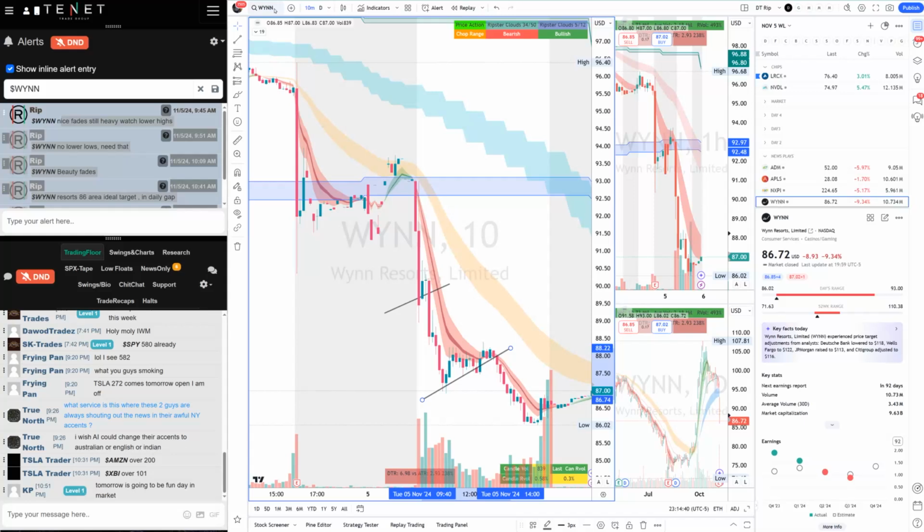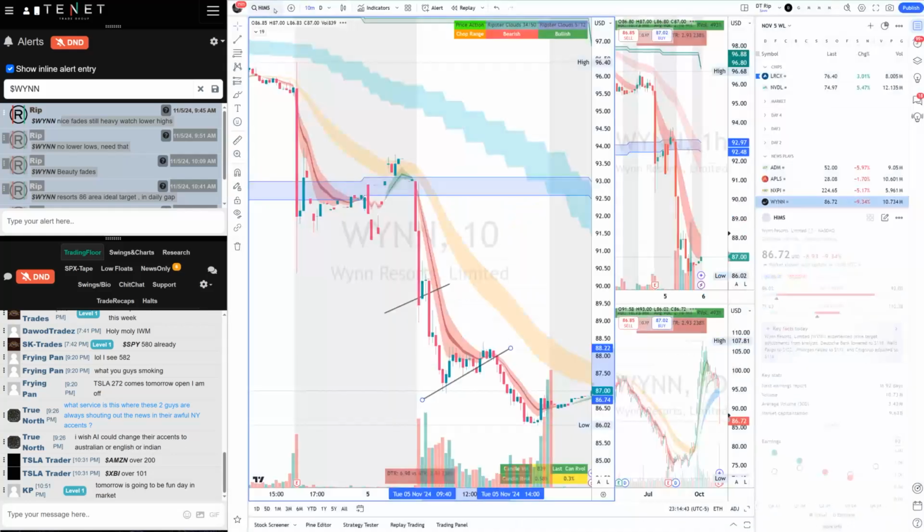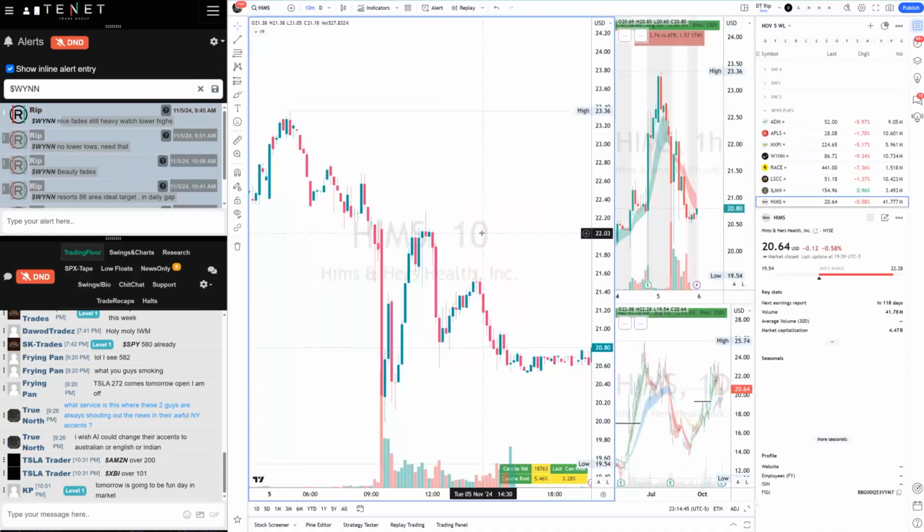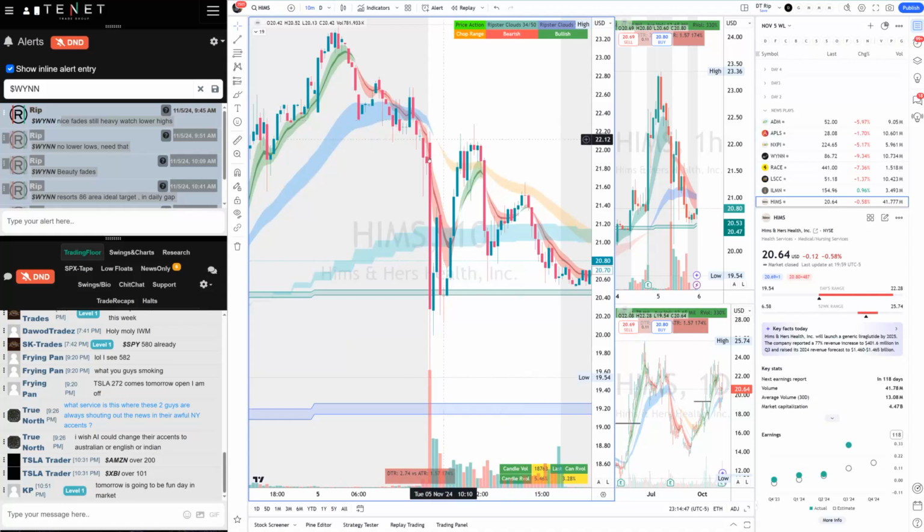So next one we're going to discuss is HIMS. Let's see how HIMS was. HIMS was a short at the open. You see this, and once it did not make lower lows, because it was a big amateur move, and it reclaimed this area. That was the warning that short is not going to work. And then this is a 512 call. So let's look at it.